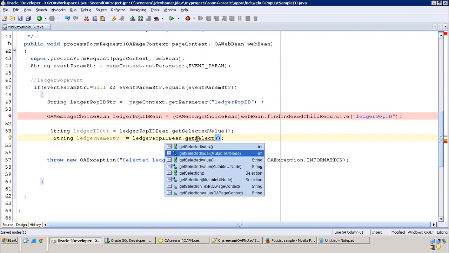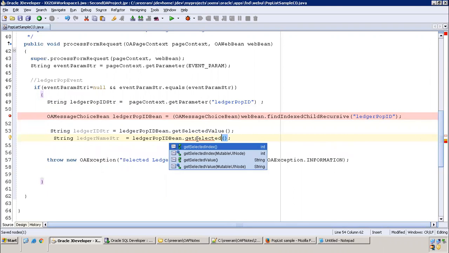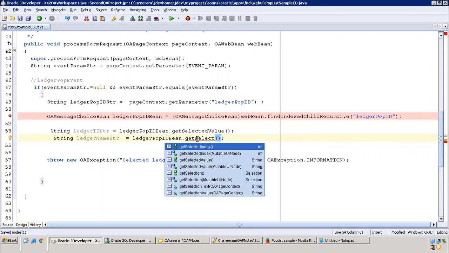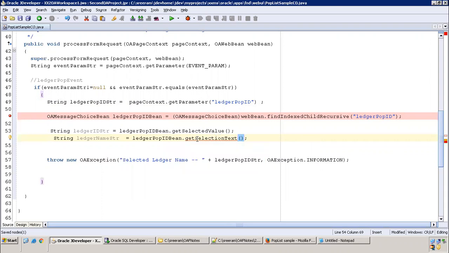There is something called get selection value. Do you see anything called get selected? Okay, it shows get selected value, that is there. Selected value is there. Selection text. Okay, I'll use selection text.